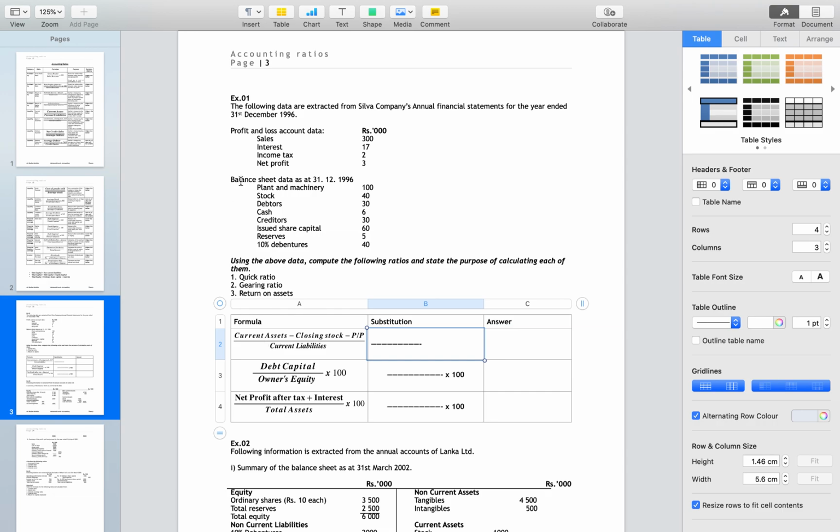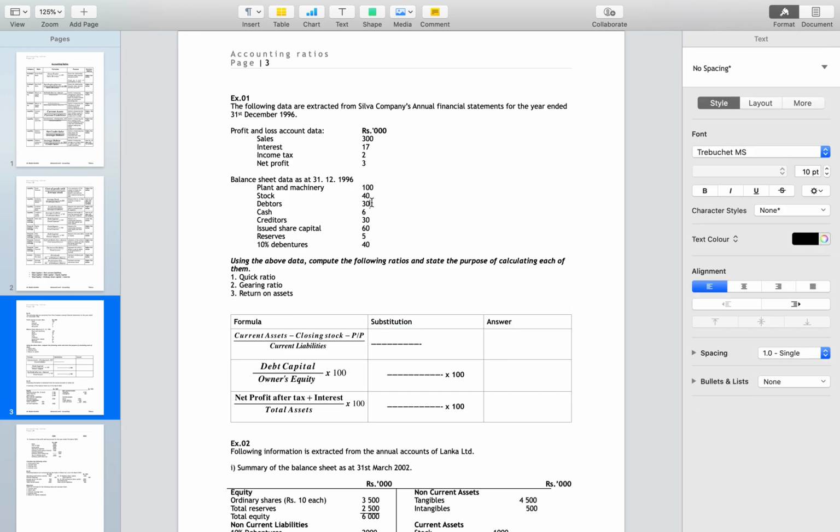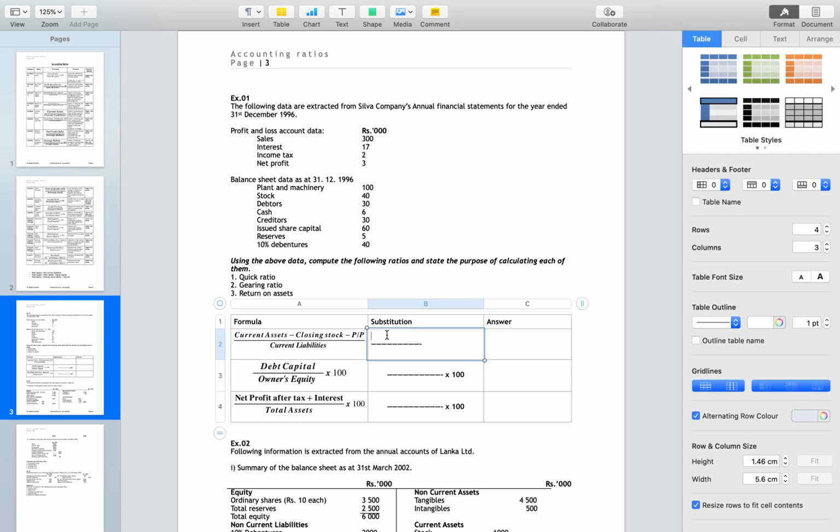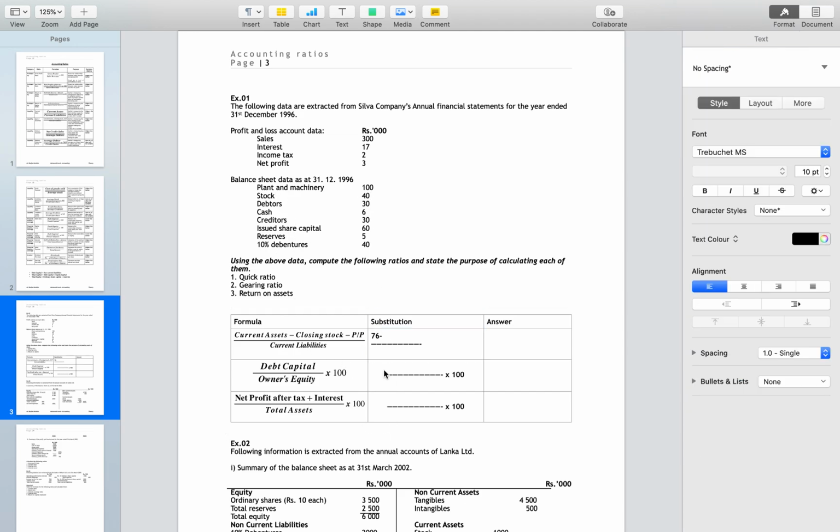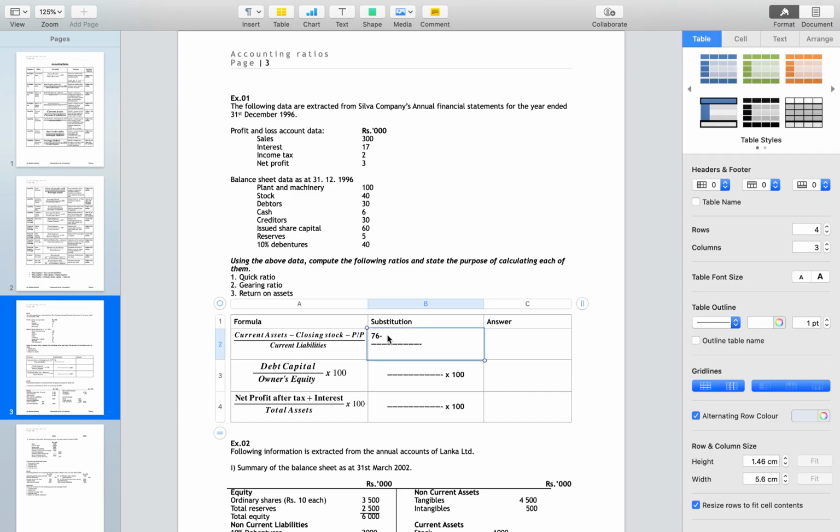When you look at your balance sheet, stock is a current asset, debtor is a current asset, and cash is a current asset, right? So stock, debtor, and cash, when you add all that, you will get how much? 76. So you go and mark over there, right? Here we go, 76 minus closing stock. As you can see, the closing stock is 40, so you deduct 40 from this,